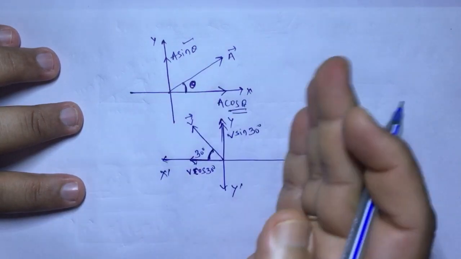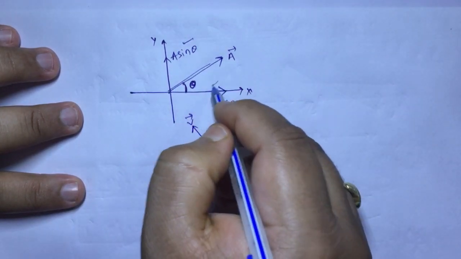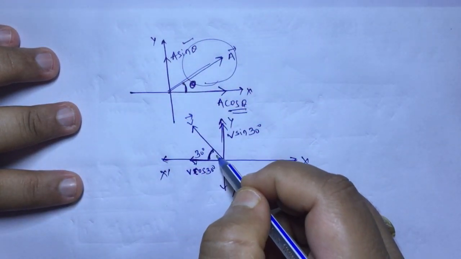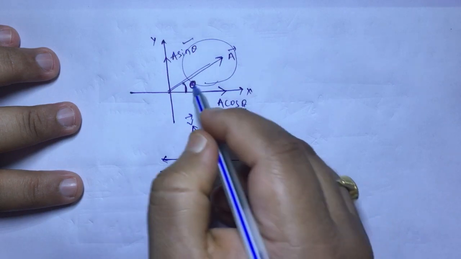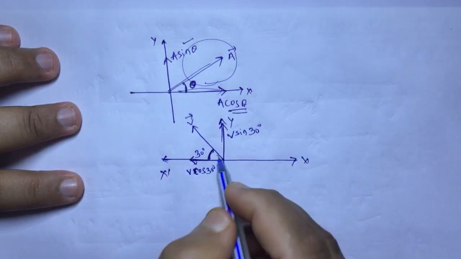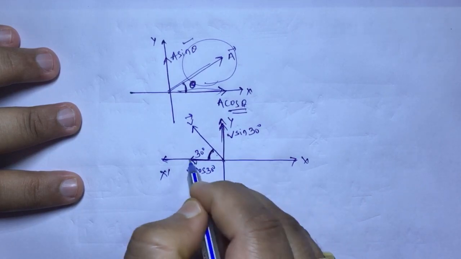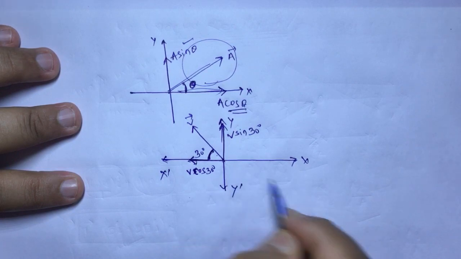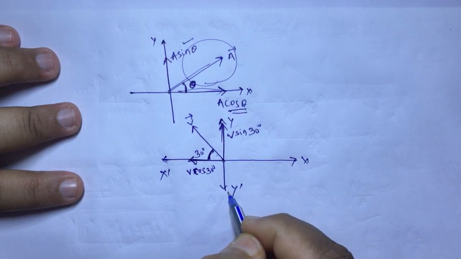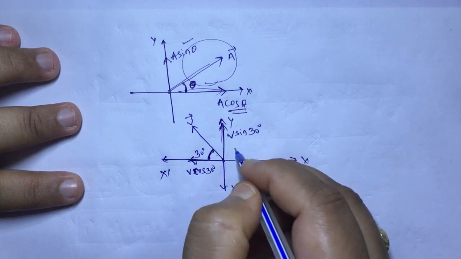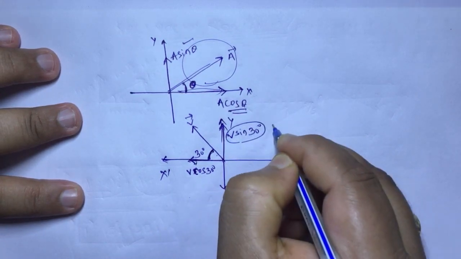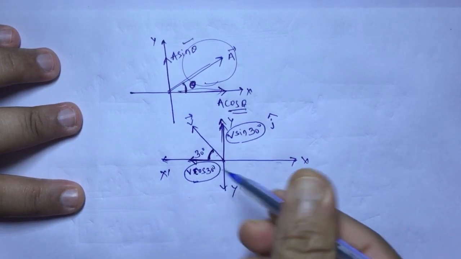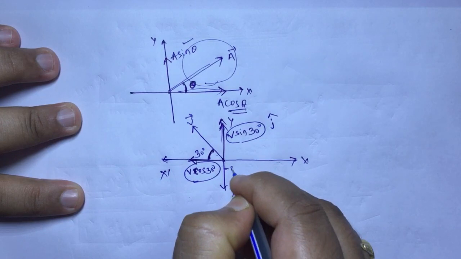And remember along which two axes it will divide. Here it is in the first quadrant, so it is divided along these two. If it is in this quadrant, then it will divide among these two axes. If it is along this quadrant, it will be divided among these axes. Okay, and here if you write the vector form, then along this, what is the direction? j cap, because it is along y axis. Along this it is not i cap, it is along this direction, so it will be minus i cap.